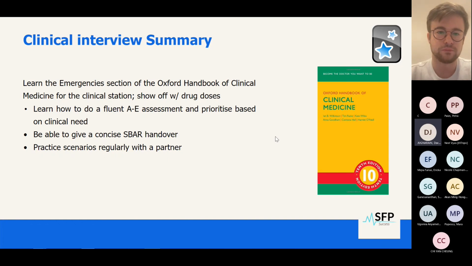If you suspected PE earlier, would you suggest in the A to E to request for D-dimer and CTPA, or would you wait till the end and suggest your differentials, then request them? I think you should say it in the relevant part of the A to E. It would show that you've had the foresight to think about a differential if you say during C